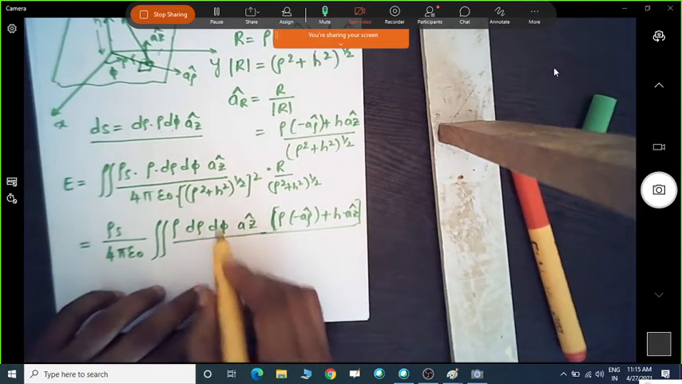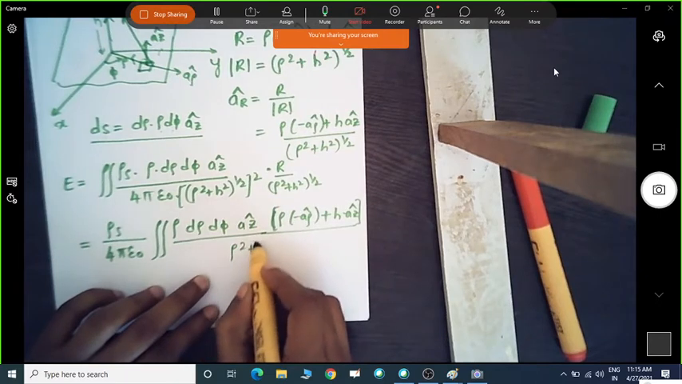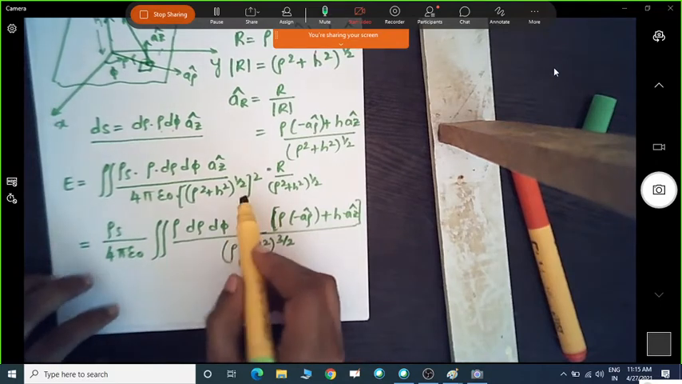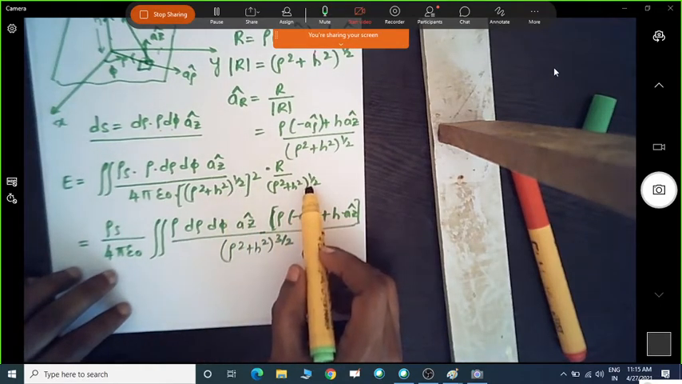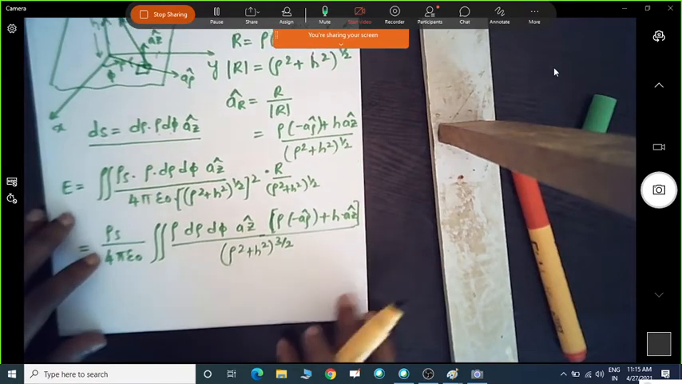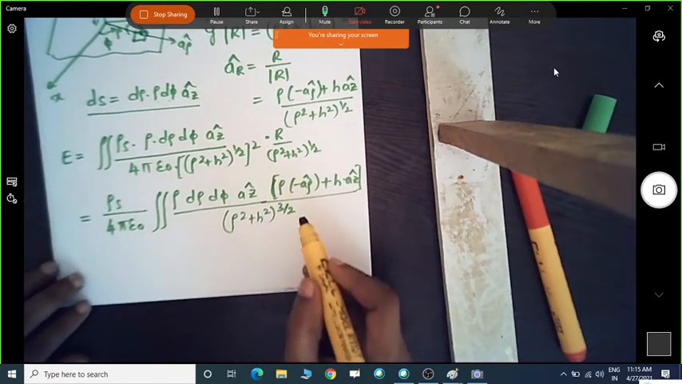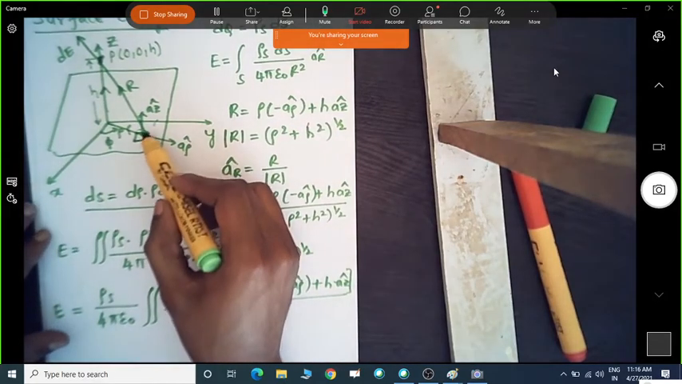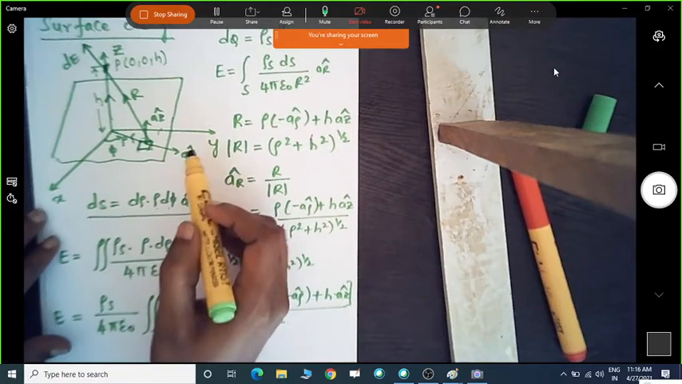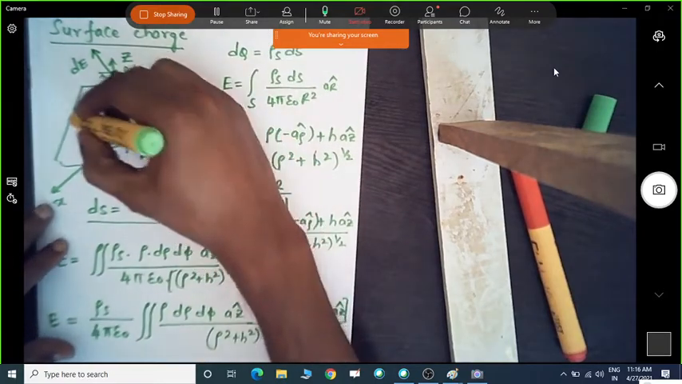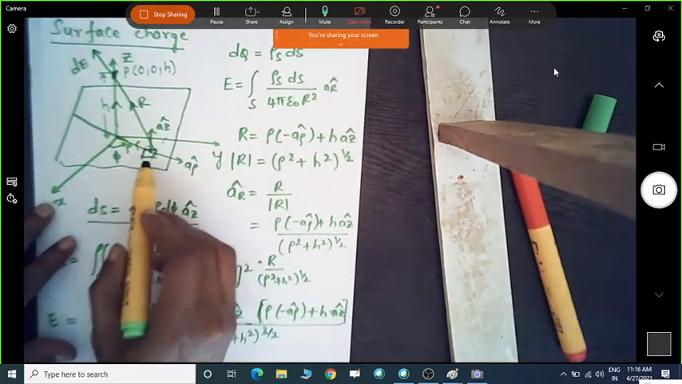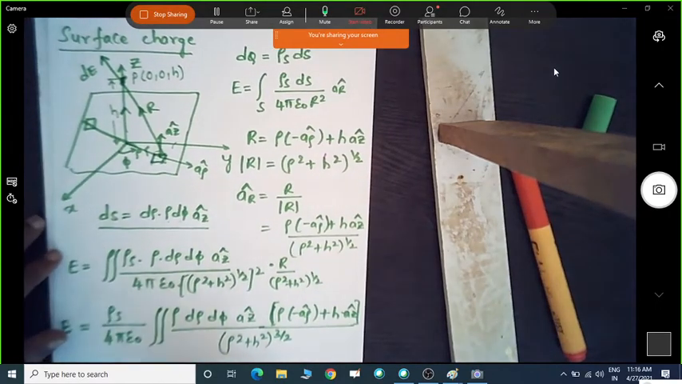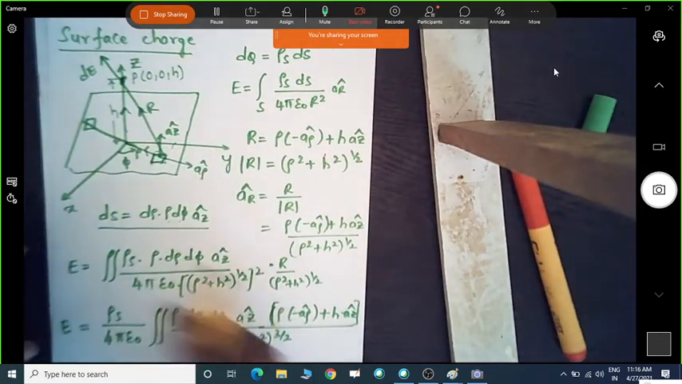This is divided by, if I add these, rho squared plus h squared whole power 3 by 2, since 1 plus half is equal to 3 by 2. Now you can see we have found the electric field due to the elemental charge here. Now if I take the symmetrical charge exactly opposite to this direction, within this surface or infinite sheet,